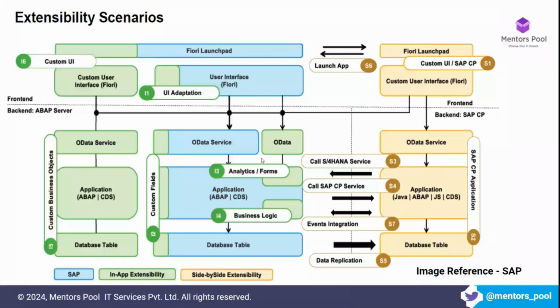So all the new features that are available are on the side by side extensibility. So my doubt is, how I will achieve this by side by side extension, right? The whole idea was that I don't want to change the standard code, and I also want to cater to what my customers need. So what I will do is create these Z tables to maintain components on SAP BTP HANA Cloud,